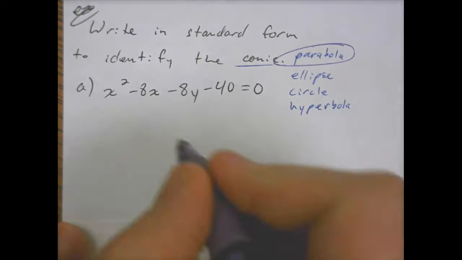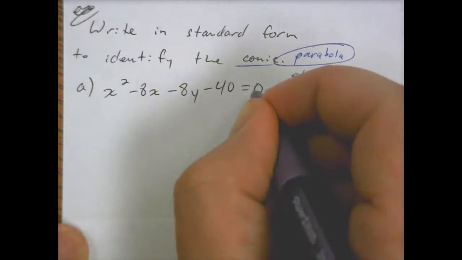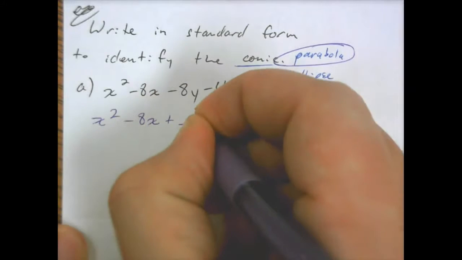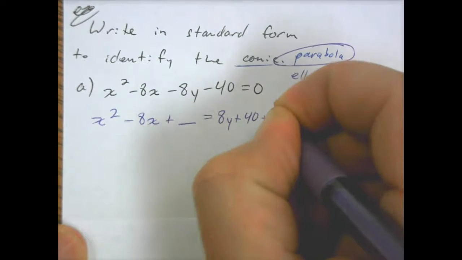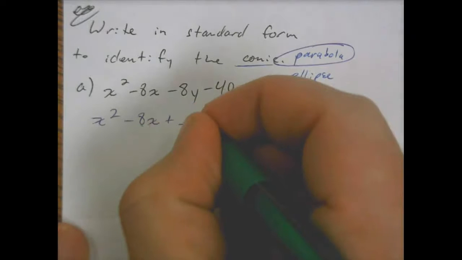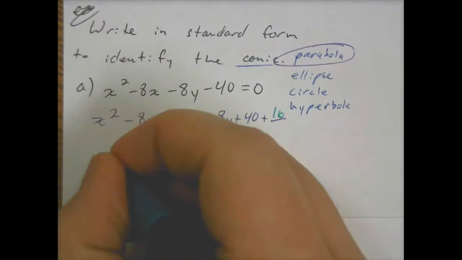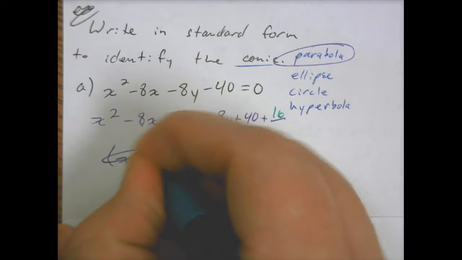But to write it in standard form, I notice I have an 8x. So I need to move over my 8y. I need to move over the 40. So I'll have x squared minus 8x plus something to complete the square equals 8y plus 40 plus something to complete the square. Divide 8 by 2 is 4, so 16 and 16. So then I can say this is x minus,